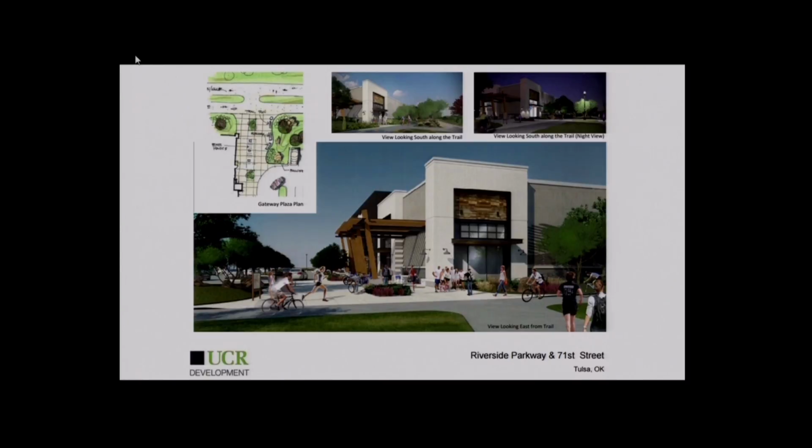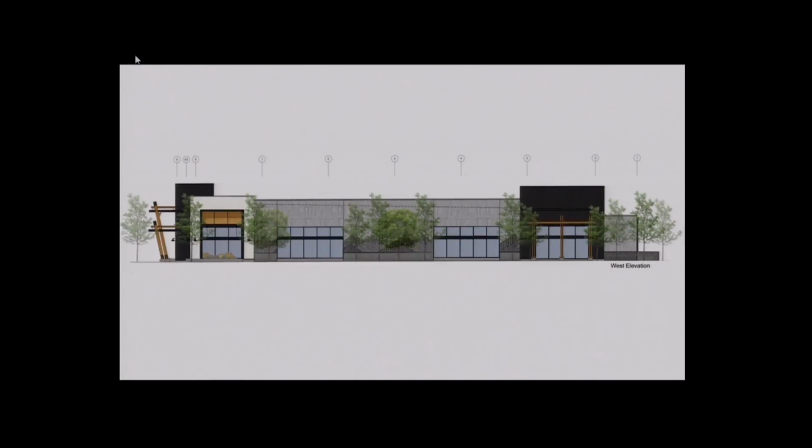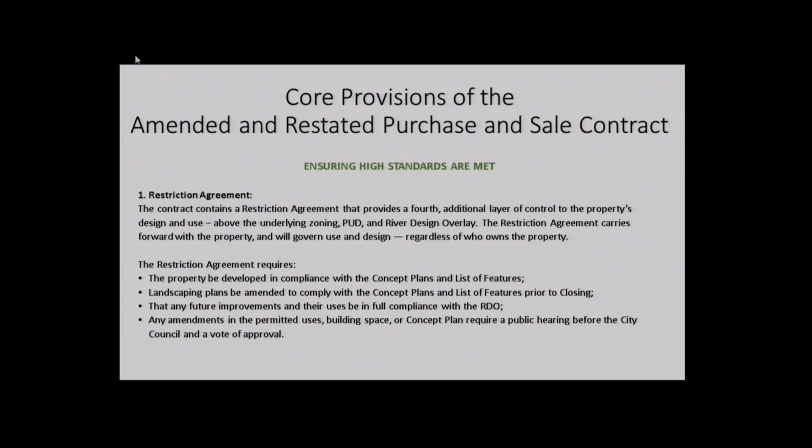Next slide. This gives you an idea of originally there was not transparency facing the river. That was one of the things I did not like. I didn't want to have some building just backing up to the river and to the trail so that people are using the trail or just driving by the back of a building. This actually provides windows from the building out to the trail.